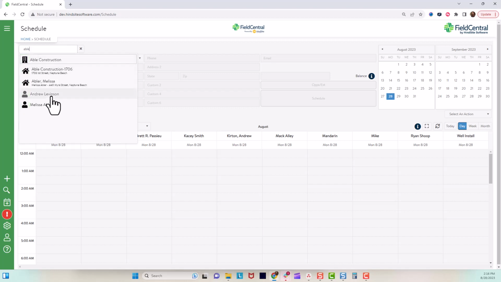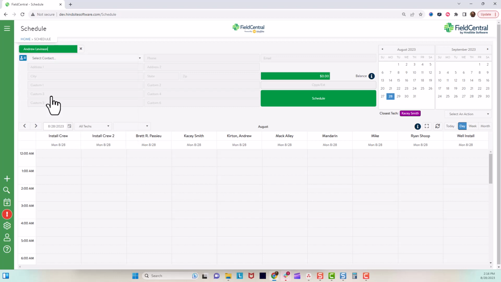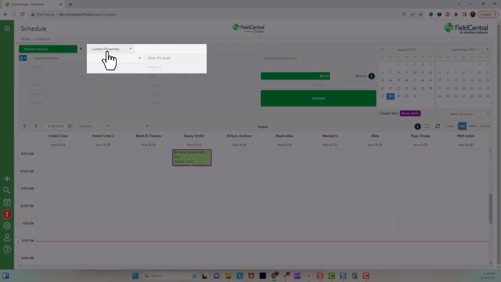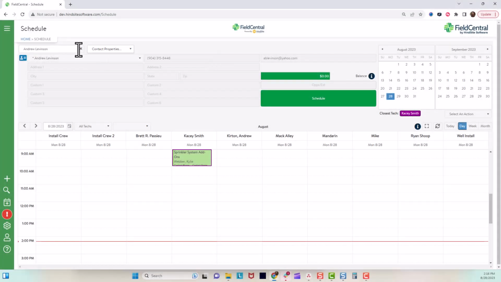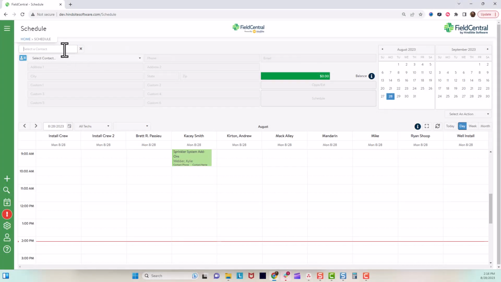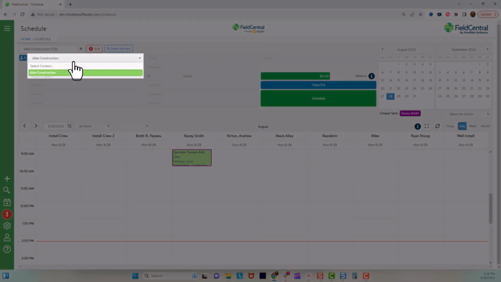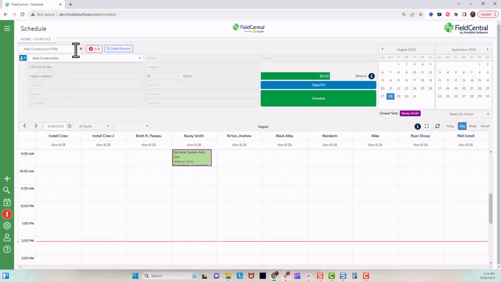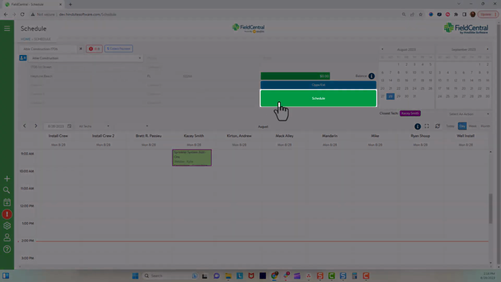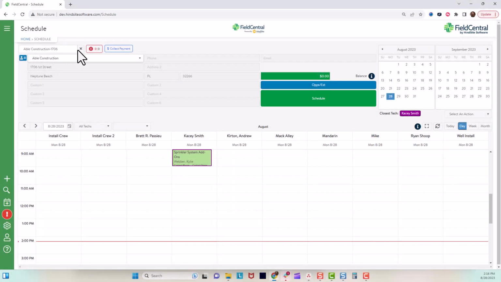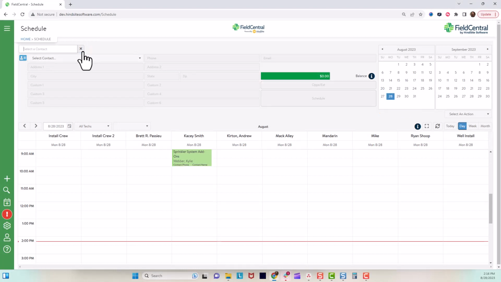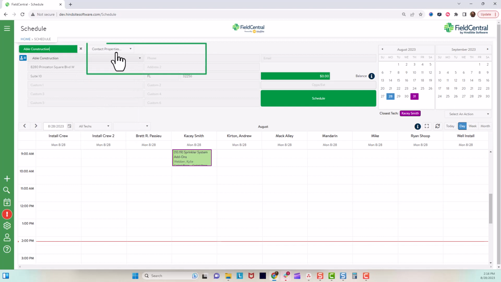Selecting the contact option will require the user to then select the property they wish to schedule from the drop-down menu. Selecting the property option will pre-fill the contact info, though users can select another contact from the drop-down if applicable. In this case, the user is able to schedule directly with no further action. Selecting the management company option will require the user to then select the property they would like to schedule.